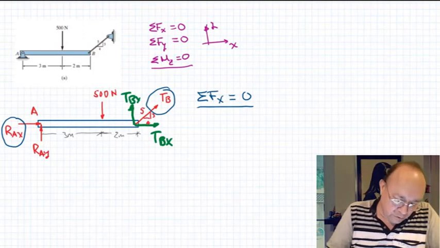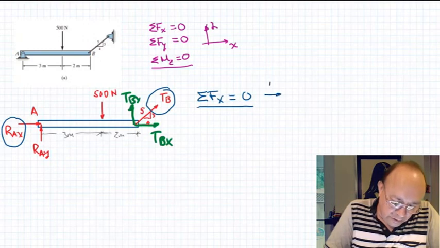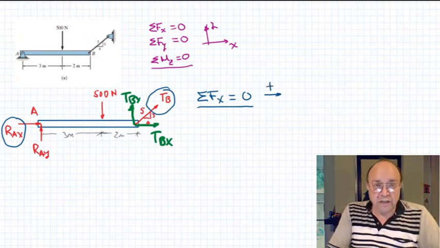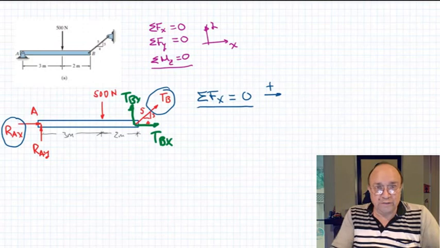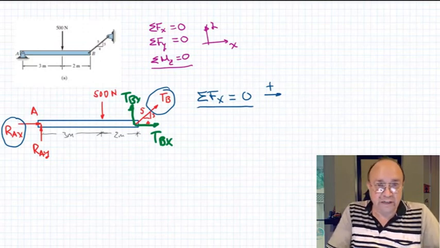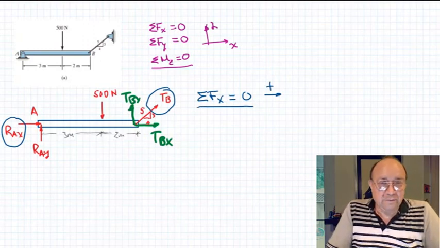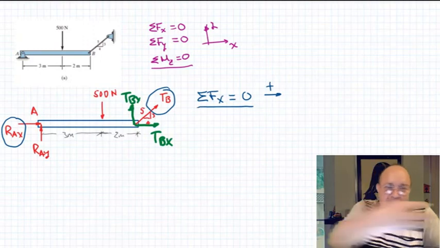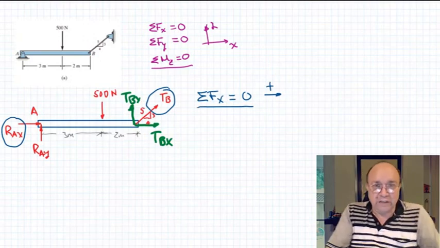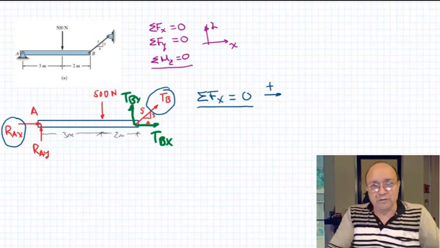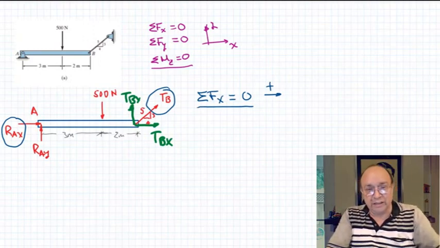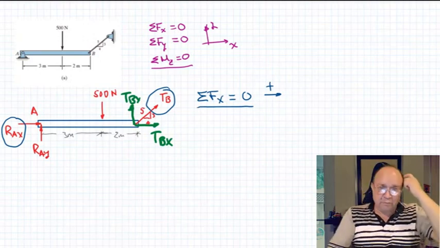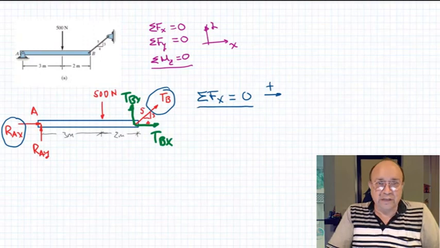It is also convenient to say positive is going to be in the x positive direction. If you don't say anything, we assume that you are using the regular convention that positive is in the x positive direction, but that's not necessarily the case. In some problems where most of the forces are going to the left, you can use positive to the left. It doesn't matter. At the end, everything is going to be all right. And if you get one of the forces with a negative sign, you know that the force was assumed in the incorrect sense. But it doesn't matter the convention of signs that you use. The answer is going to be always the same.